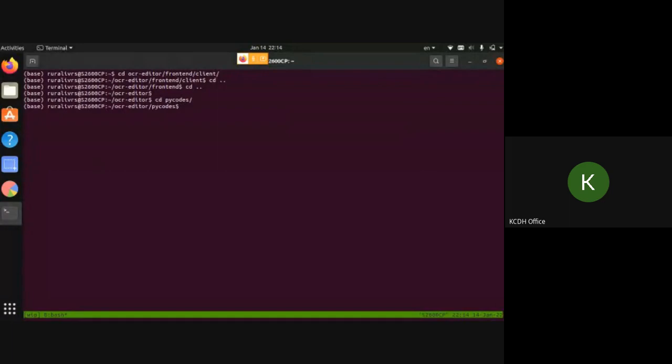Let's say you scanned a copy and you convert that into a PDF and you upload it. Once you upload it, you can do this execution. Oops, sorry. So all this virtual environment activation comes into play.